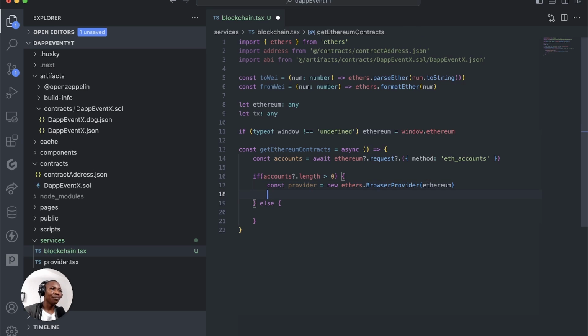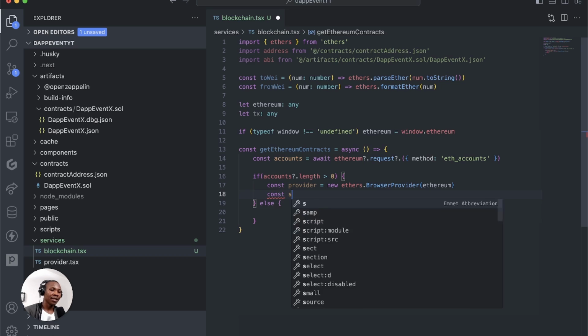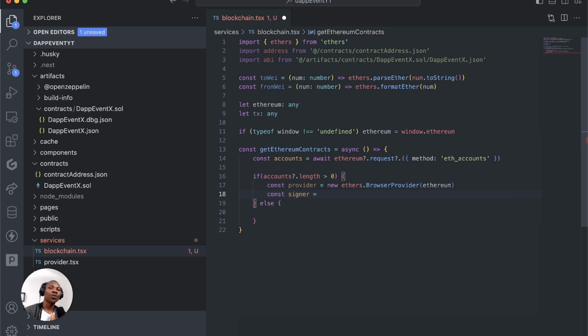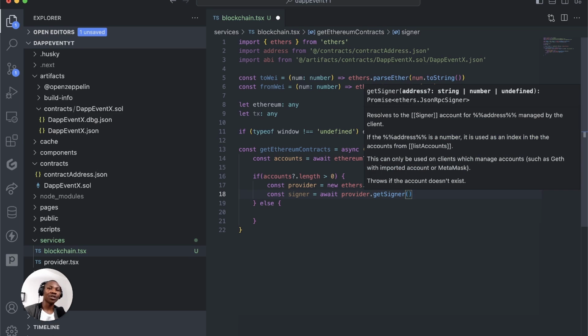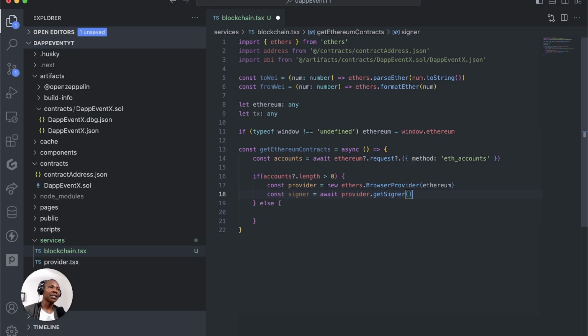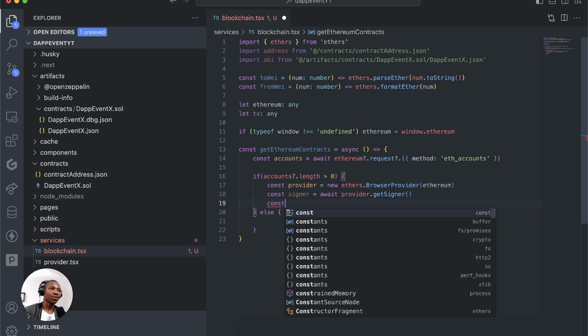So once we get the provider that we want, a signer. A signer is someone that is going to authorize a transaction. In this case, we want the currently connected wallet address to be the one to do that. So how you get a signer is by saying await this provider that we just instantiated .getSigner, because the provider has information about the current signer, or the person that is currently connected. And then with these two pieces of information, we can use that to